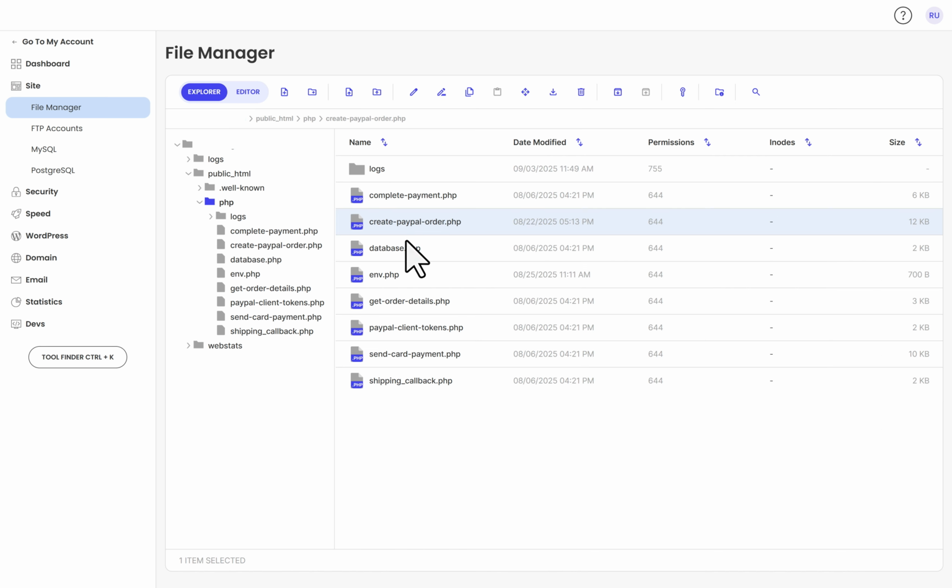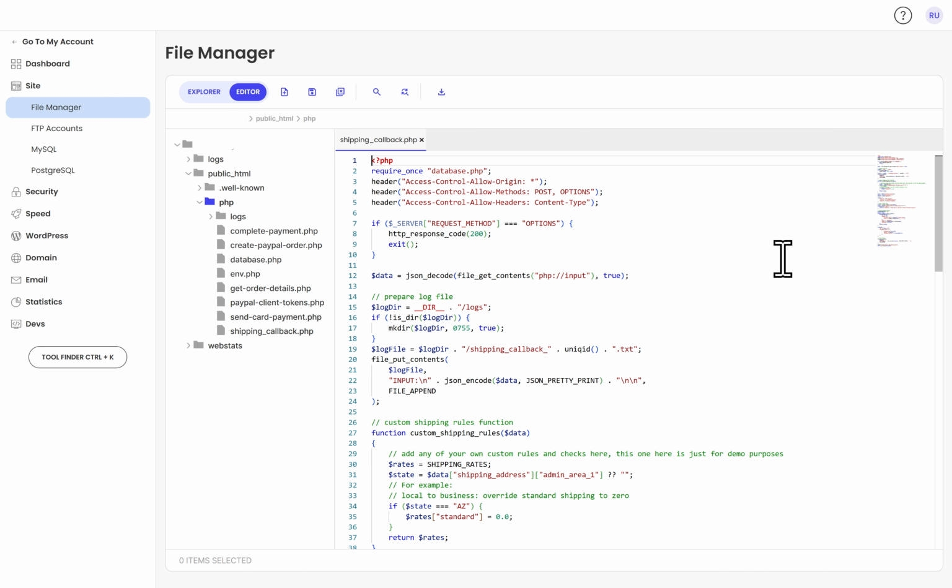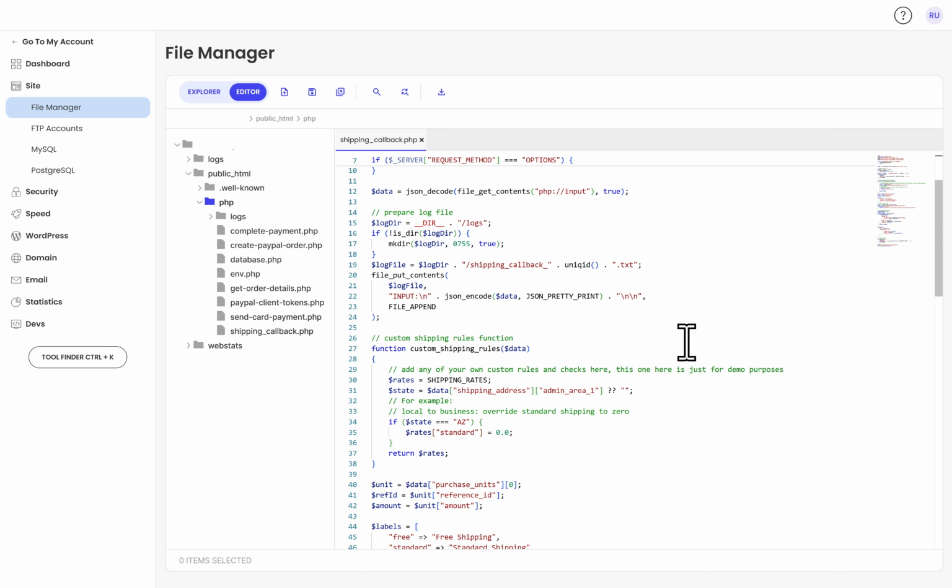The shipping callback is a way to return your own custom shipping options and prices dynamically. This means that you can create your own customization on what gets returned back based on some conditions that PayPal returns to you, such as the addresses. So I made a super simple example here, which I demoed earlier at the beginning of this video, as you